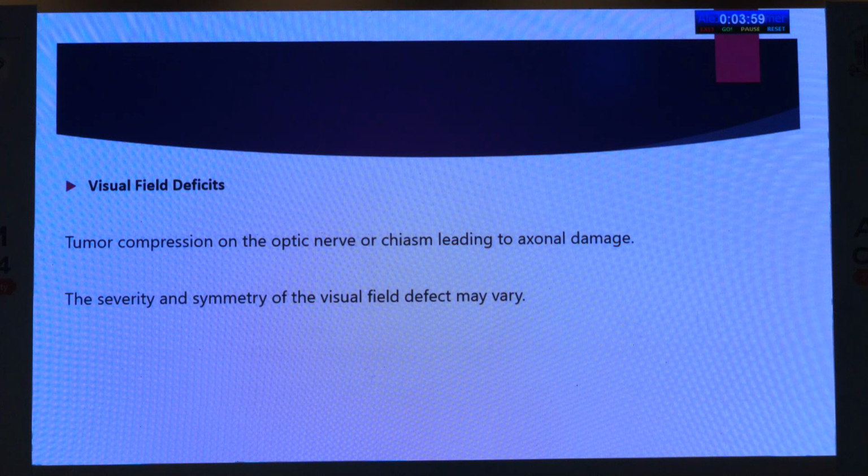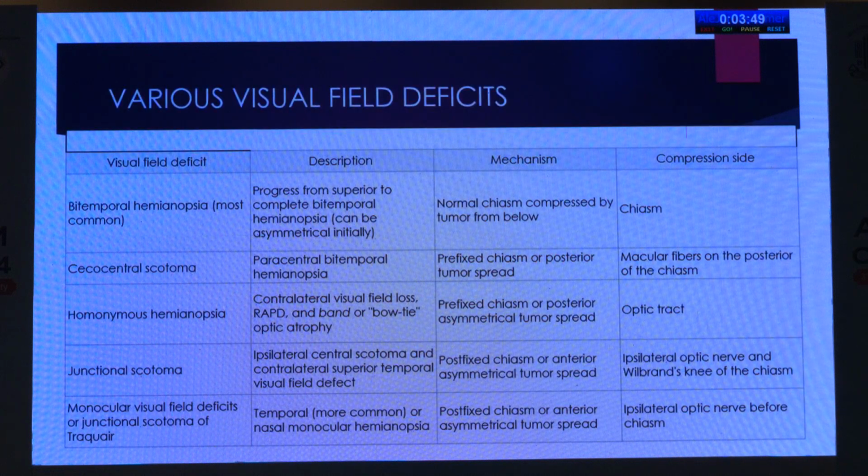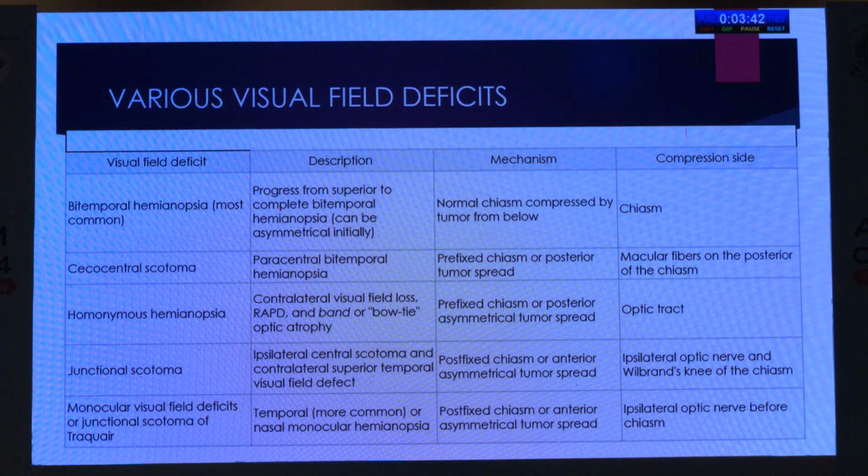Visual field defects, as we are all aware, result from tumor compression on the optic nerve or chiasma leading to axonal damage. The severity and the symmetry of the visual field defect may vary from patient to patient. Coming to the various visual field defects that we usually come across, it could be bitemporal hemianopsia, which is the most common, cecocentral scotoma, homonymous hemianopsia, junctional scotoma, or monocular visual field deficit of the junctional scotoma